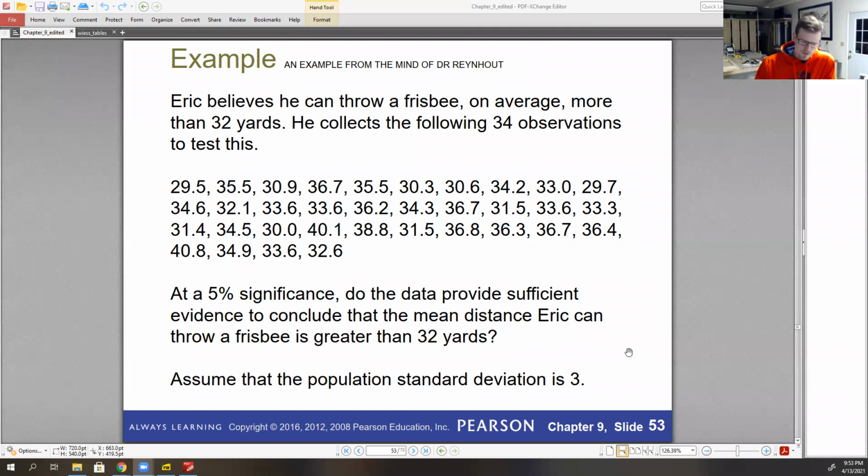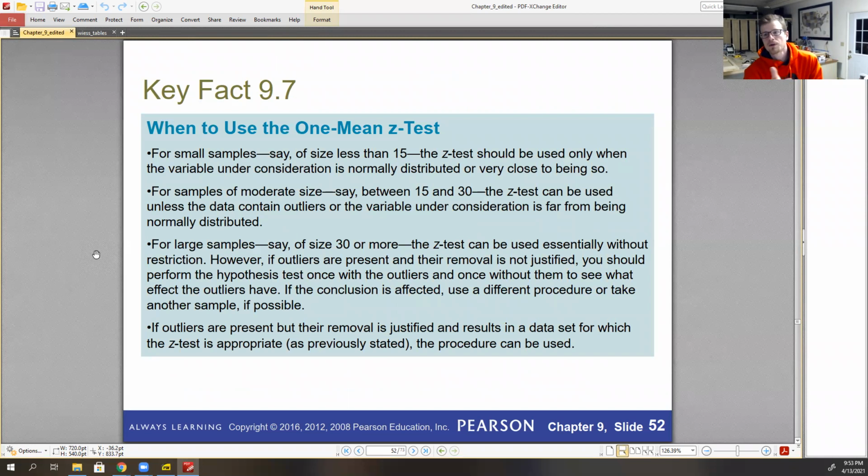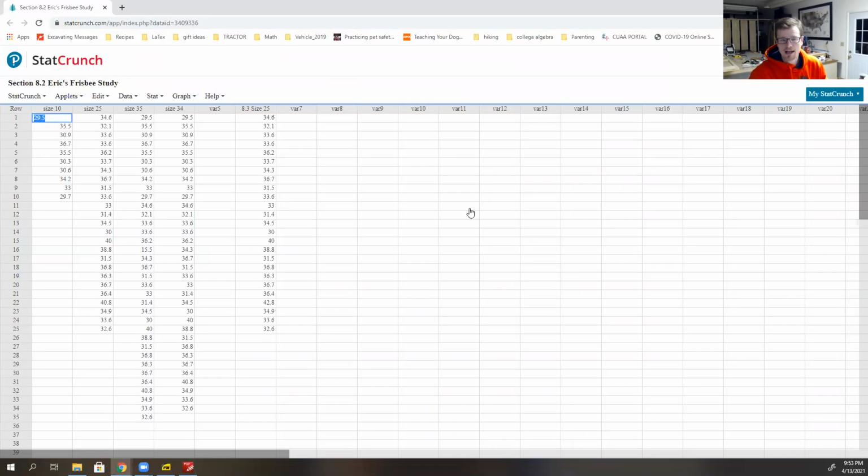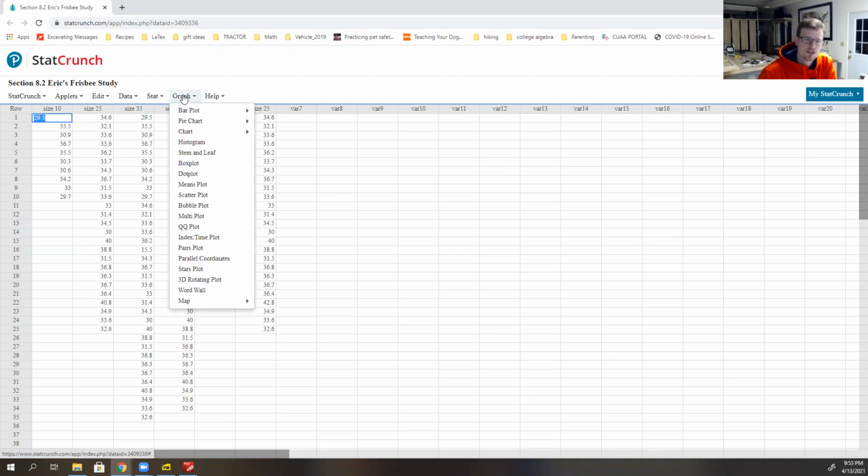Excellent. So in order for us to use this, we need to make sure that the data set satisfies those guidelines that are given on the previous slide. And we already saw this exact same data set back in chapter 8. So we've already verified that there are no outliers, and we've already computed what the mean is. However, just to be thorough, I would like to take a look at this anyway. So a couple things that we could do to check for outliers is